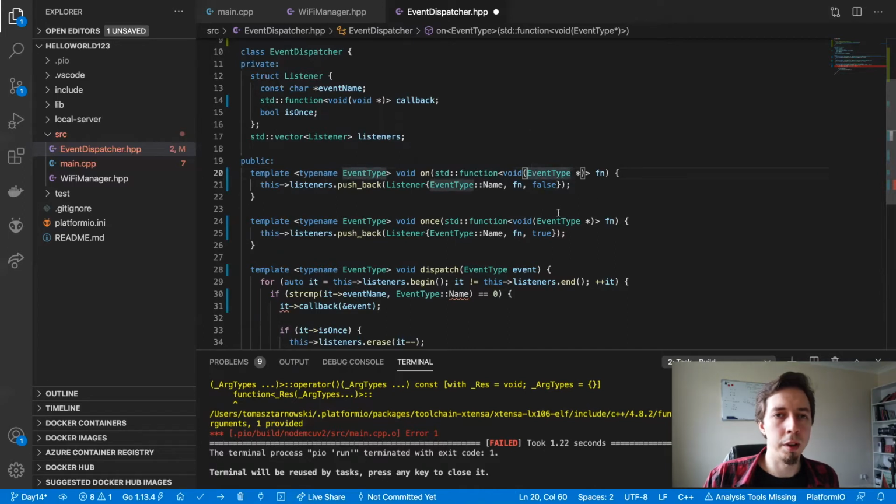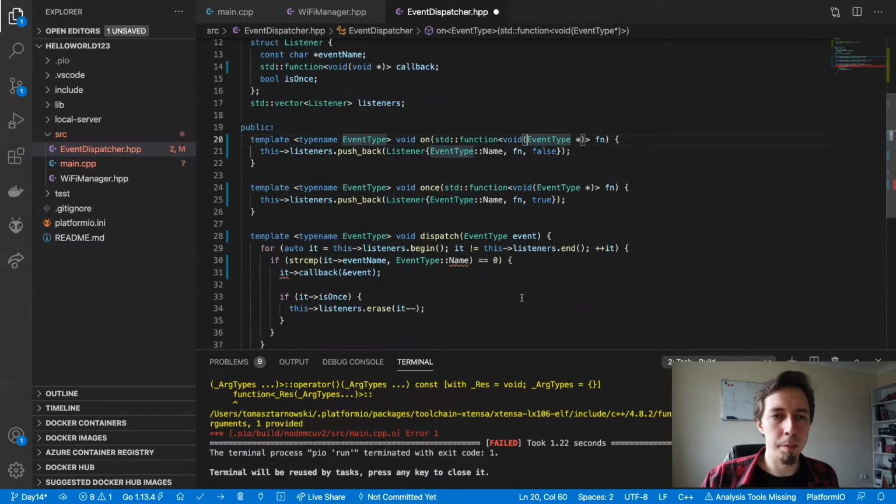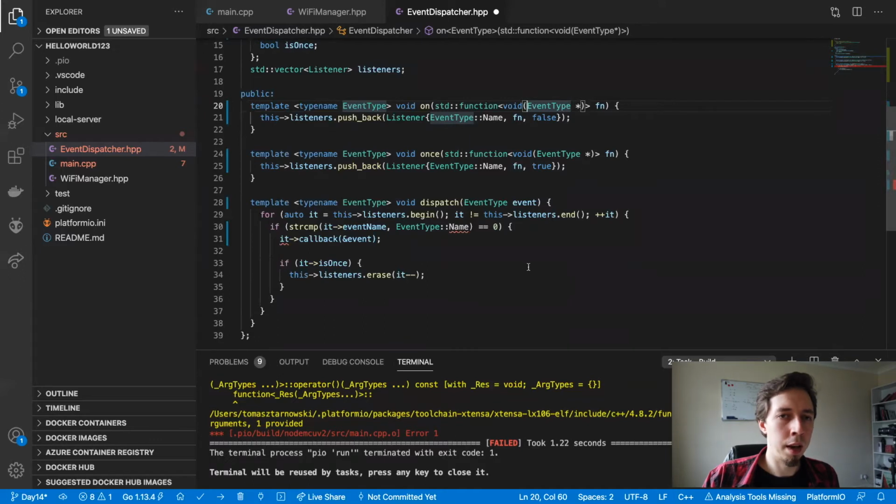I can actually provide another function that calls this function, that takes void and casts the void into event type, right? So this is where it is cast from void pointer to the original type. And that would be the place where